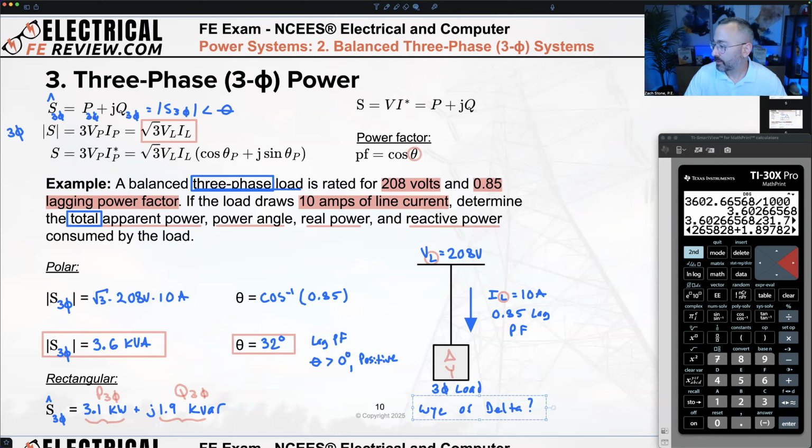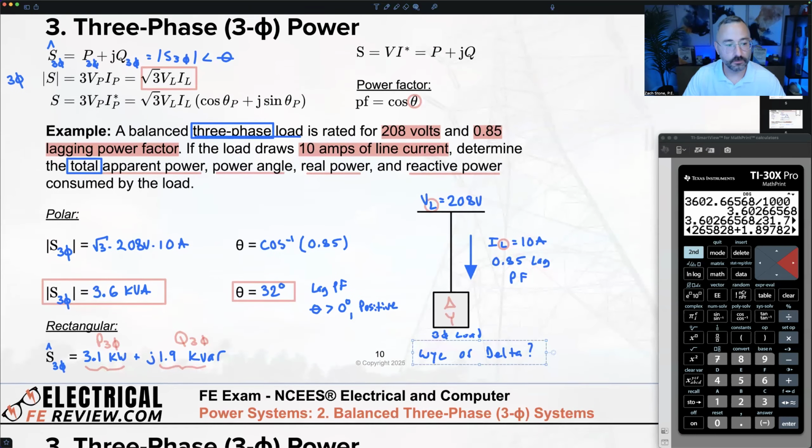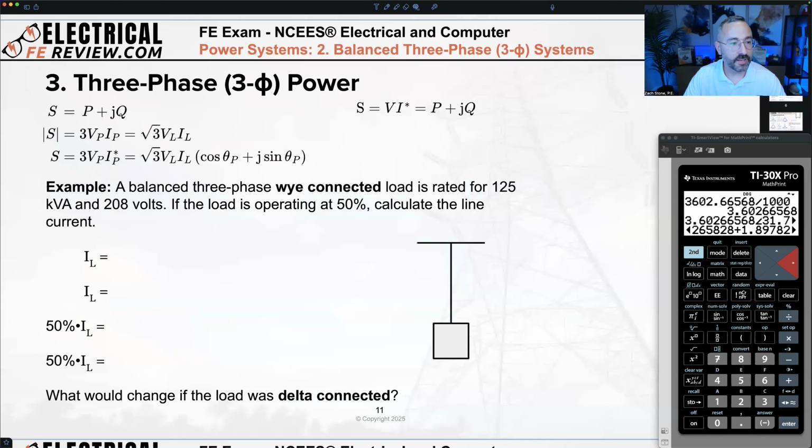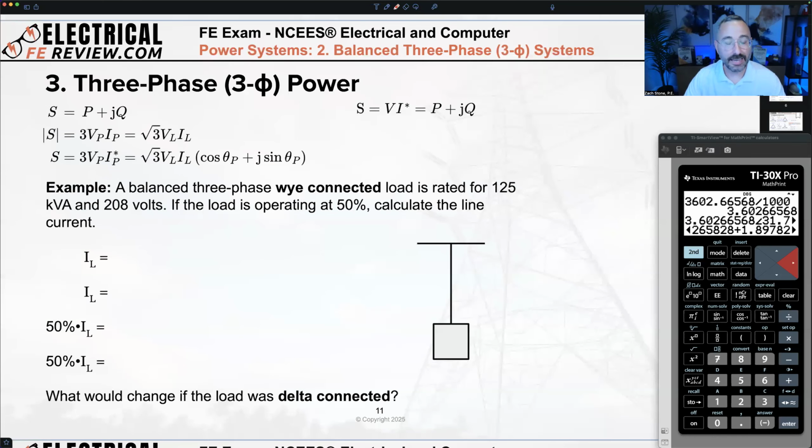All right, let's try the next problem. Still working with our three-phase power relationships. The example says a balanced three-phase Y-connected load is rated for 125 kVA and 208 volts. If the load is operating at 50%, we want to know what's the line current equal to. First,